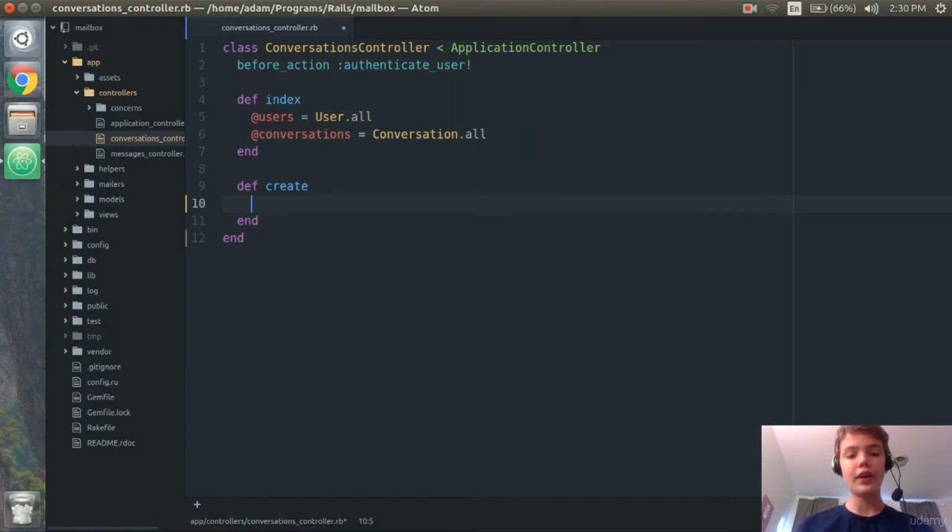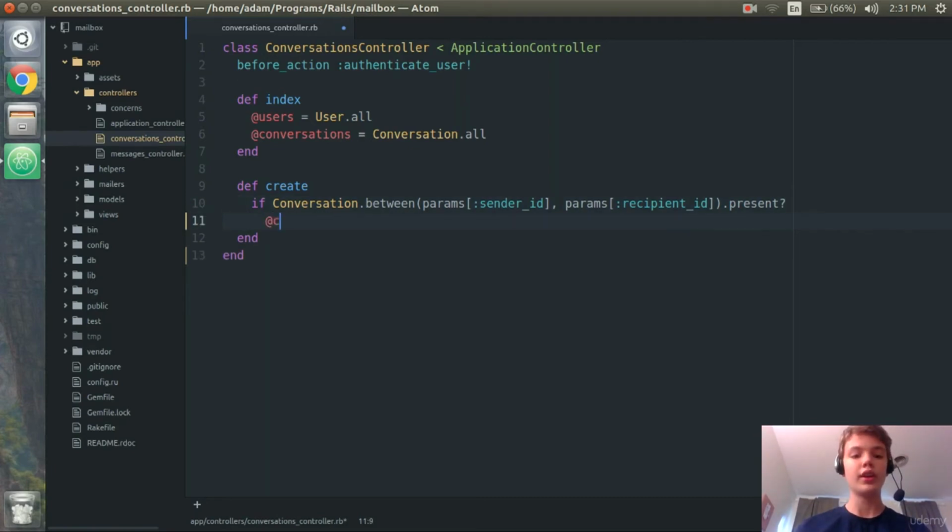So in our if statement, I will say if Conversation.between params of the sender_id and params of the recipient_id. So if the user is either a sender or a receiver, .present?, so if that exists, if there are conversations, basically, to put it that way,